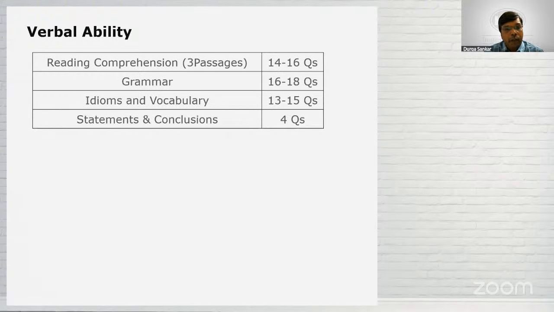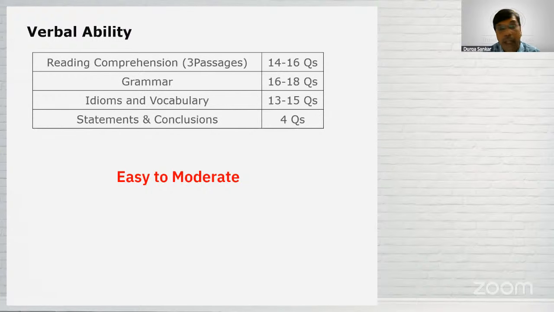But because of more grammar and vocabulary based questions, I think even 50 questions in 60 minutes was not much difficult for students to at least go through all of them. So based on the feedback we have received from various students, we would like to keep the level of difficulty of the verbal ability section at easy to moderate level. Moderate predominantly because of